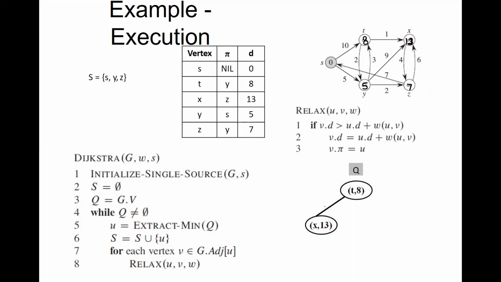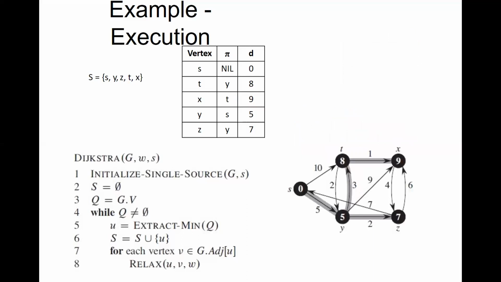Next comes removal of the vertex t from the priority queue. When t is removed, it is replaced by x comma 13. Now coming to t, the only remaining vertex is x. If you carefully scan, 8 plus 1 equal to 9, so this will be updated. This value will become equal to 9 through t. So this value has been updated through t comma 9. After this updation, nothing remaining will be done. This value will become 9 only, and the last vertex will be removed from the queue.